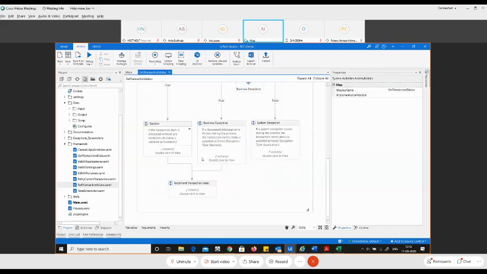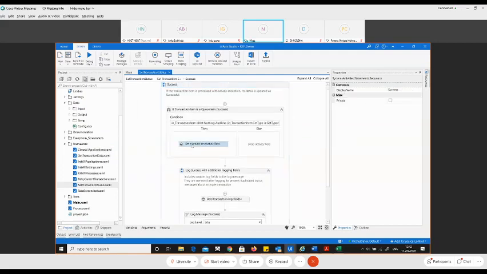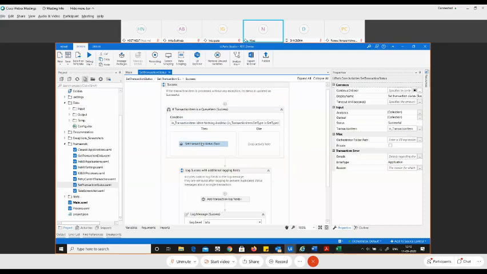So this is where you will set the transaction, saying this is what is going to happen. Either it's going to be a success, or it's going to be a business exception, or it's going to be a system exception. Now, let me open all of these individual sequences. If you see the success workflow, over here you are setting the success transaction.